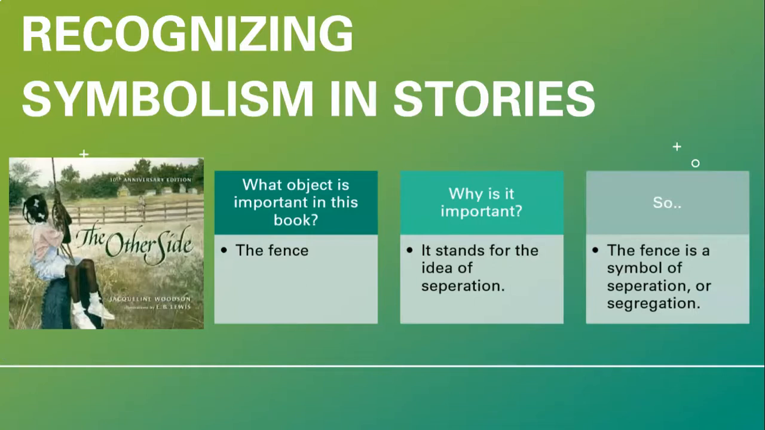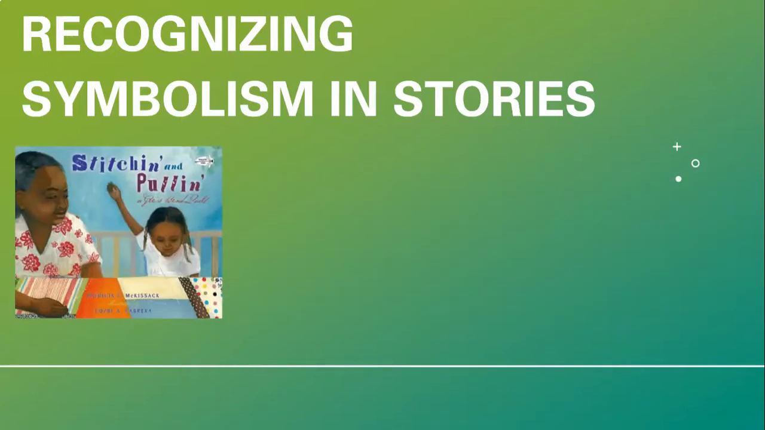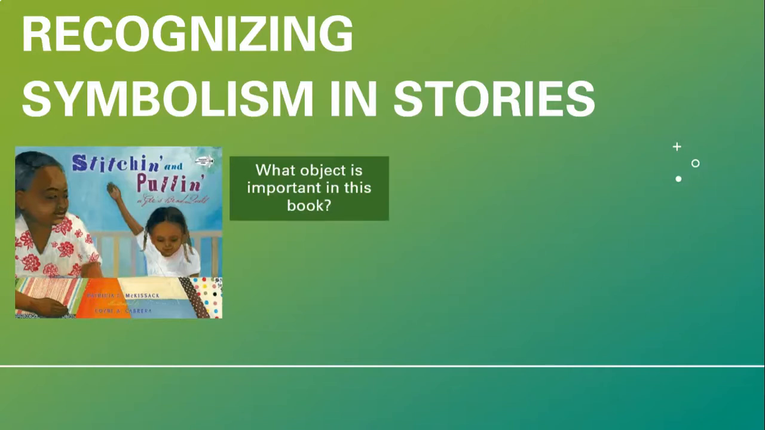All right. Now that we got this one out of the way, let's look at one more really good example of symbolism in a book that we've already read. That book is the book of poems called Stitchin' and Pullin'. Same question. What object is important in this book? This one's tricky. No, it's not tricky at all. If you guys remember this book, this is a collection of poems all about the little girl who is called Baby Girl